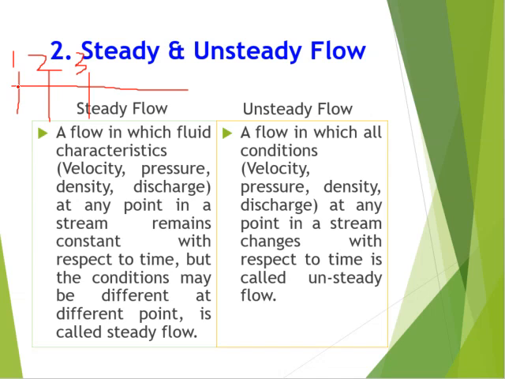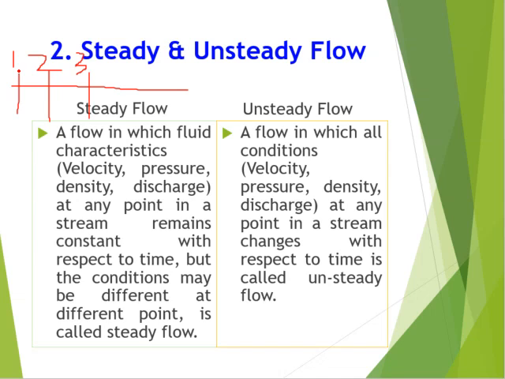If we measure these characteristics like velocity or discharge, etc., at section 1 after different intervals, like after 10 seconds, 20 seconds, 30 seconds, or after a minute, and these characteristics do not change, then it is a steady flow. But these conditions at point 1 may be different from point 2 or from point 3, but at a particular point these should not change with respect to time, then this is a steady flow, otherwise